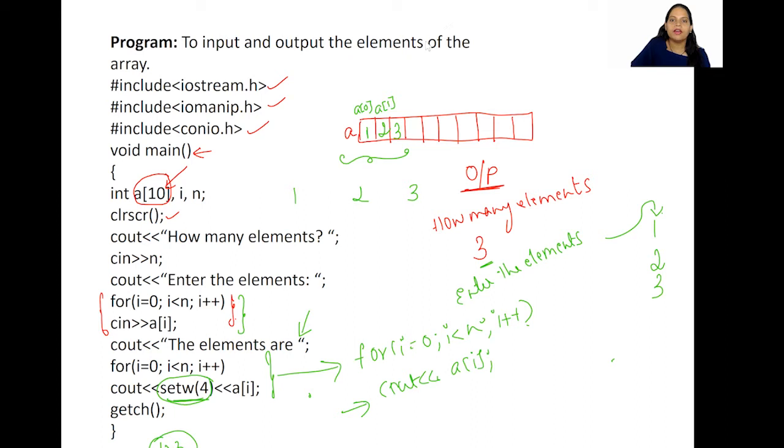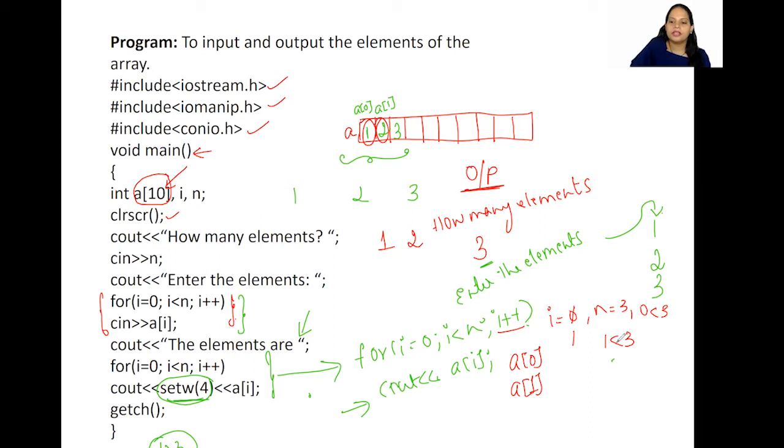So again, the I value is going to be initially 0. Okay, and we already know n is 3. Now is 0 less than 3? Yes, this is true, isn't it? So that time what happens? Cout. So it is going to display it on the screen. Which value? A of 0. So what is A of 0? It is nothing but 1. So if this is my output, first 1 gets displayed. And then what happens? I gets incremented. So I becomes 1. Is 1 less than 3? Yes, this is true. So at that time what happens? Cout A of I. Again, that is A of 1. So 2 gets displayed. Okay. So output is going to be 2 here.